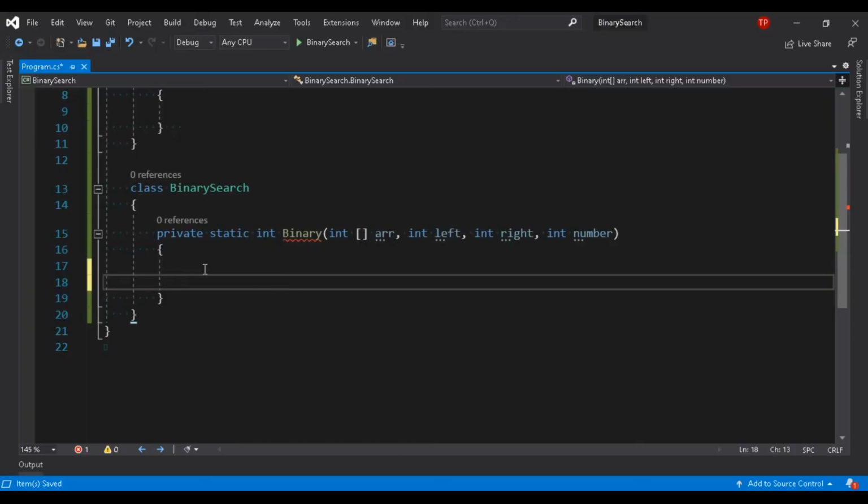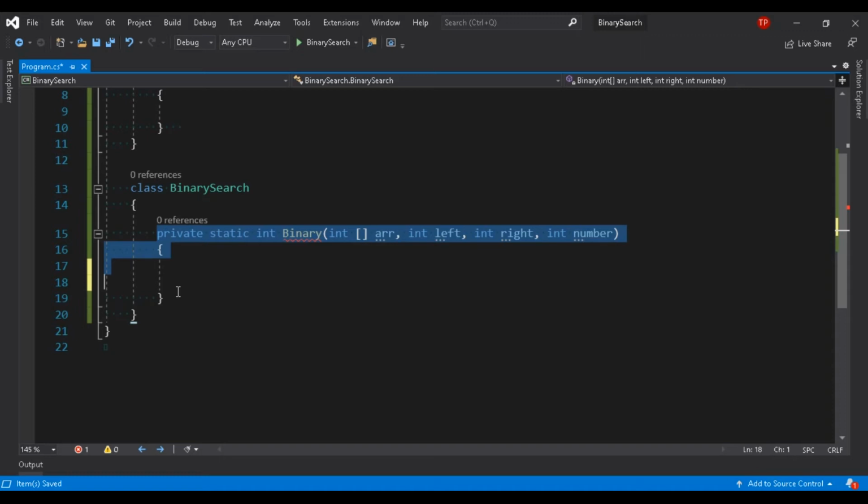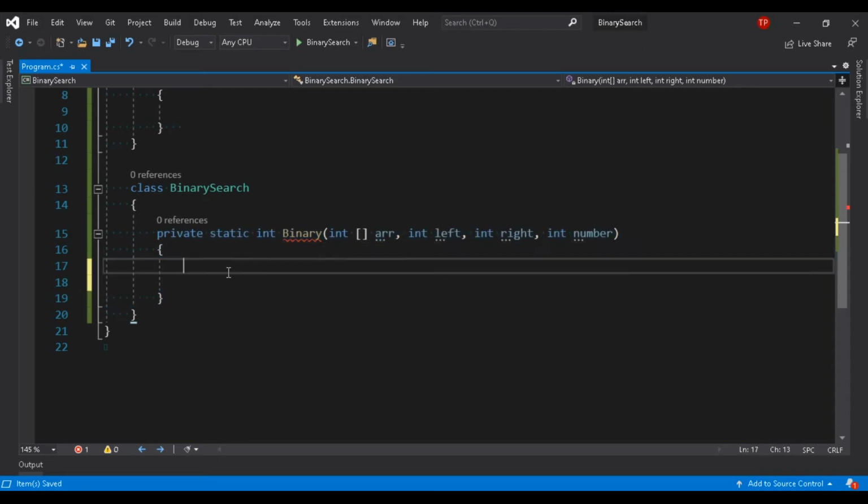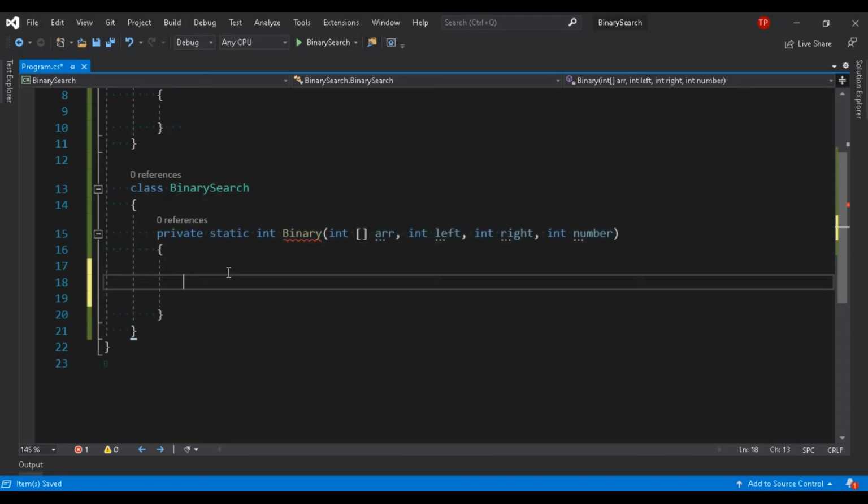So for now, we have created the signature here, binary search. Now I create my middle element. What will it be? Left plus right by 2.